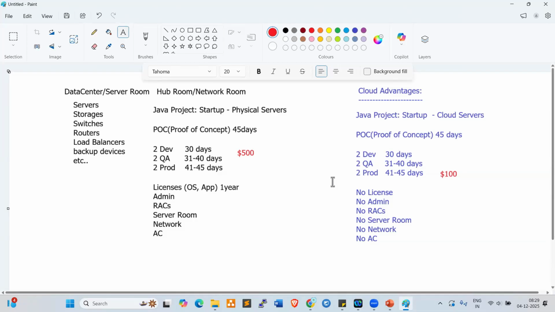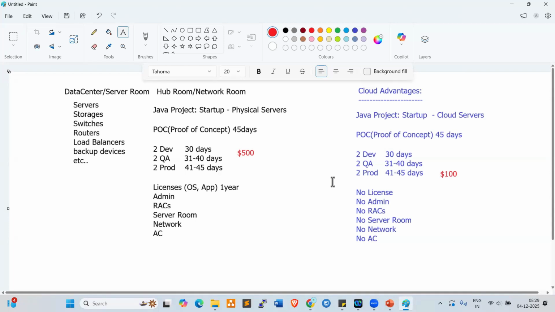So if anyone asks this interview question, what is cloud, what are the advantages of cloud, you can say: cloud is the on-demand availability of computer system resources, and the advantages are cost saving and time saving.